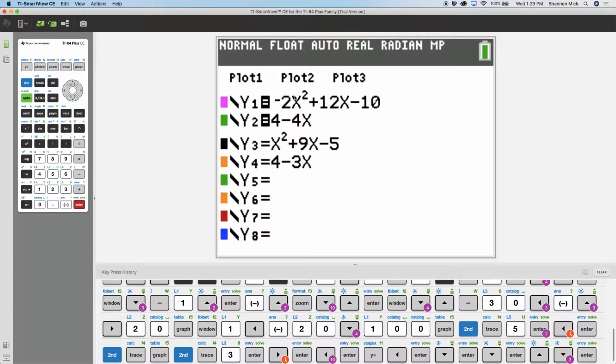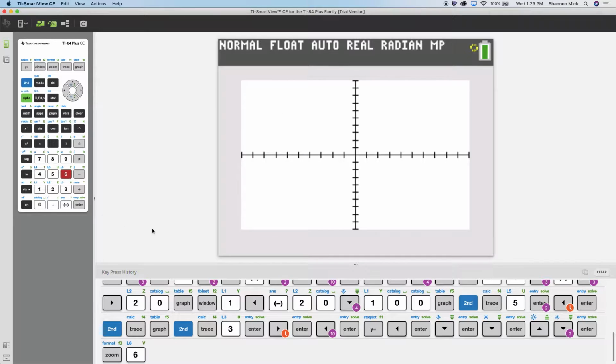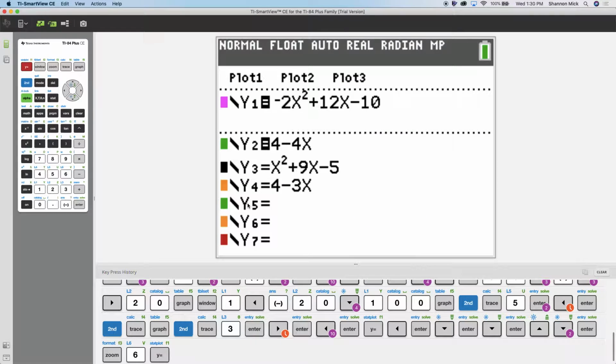Okay, what do I do before I graph? Zoom 6. The zoom 6 is because you are today going to be messing with this screen, so you want it back in the middle every time. Okay, I need to know where these two things intersect, and then I'm going to have to do some shading, right? So, if you have the right things in your calculator, if you have negative 2x squared plus 12x minus 10 and 4 minus 4x,